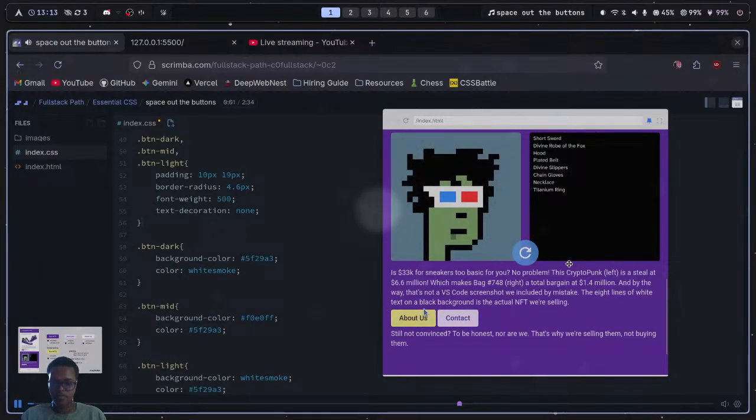Okay, so these buttons are looking fine in themselves, but the space between them and the paragraph text is really bothering me. Now, one thing that we could try is to put some